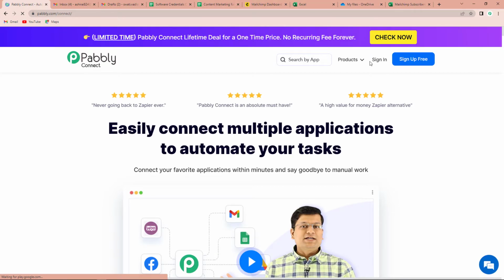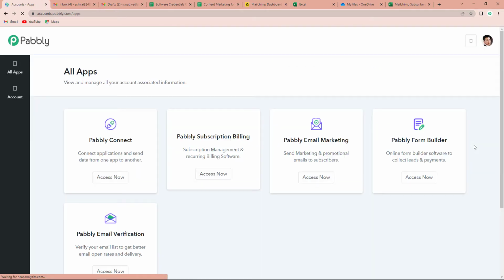Here on the right hand side, you can see two options: sign in and sign up for free. If you are an existing user, you can simply sign in. If you are a new user, then you will have to sign up here. It will not take more than 2 minutes, and at the time of account creation, you will get 100 free tasks. Since I'm an existing user, I'm simply going to click on sign in,